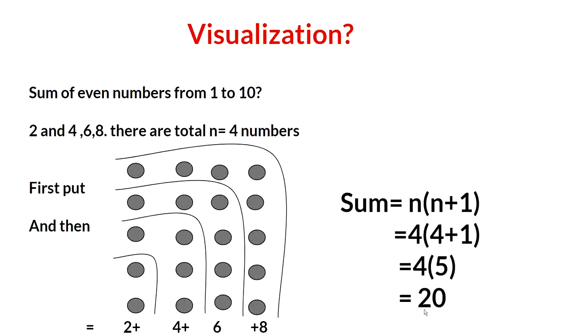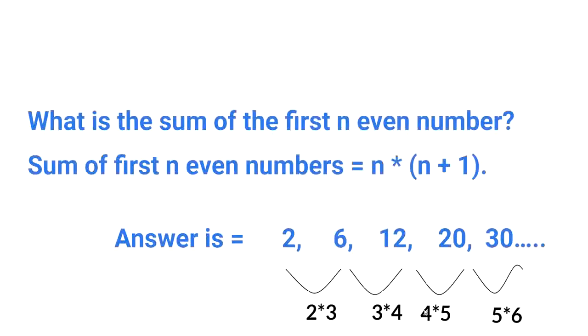Now what I will do is I'll just bring all the numbers, the answers here. 2, 6, 12, 20 and 30. Okay. So now try to understand the relationship between these numbers. So when you multiply 2 with 3, it will become 6. And then you multiply 3 with 4, it will become 12. And 4 with 5, it will become 20. And 5 into 6, it will become 30. So n into n plus 1. Okay. So 3 here. N into n plus 1.